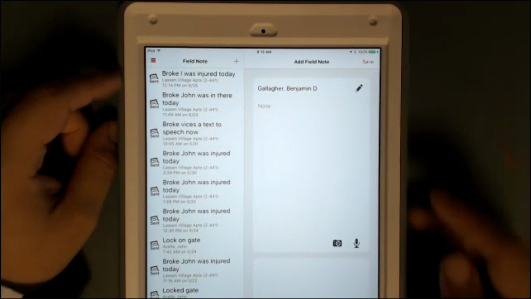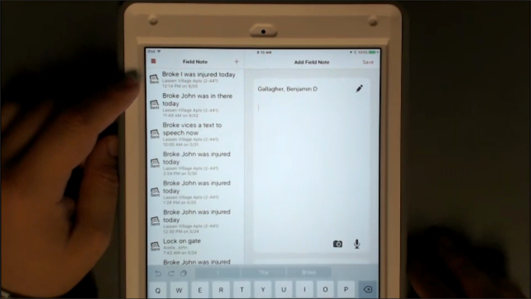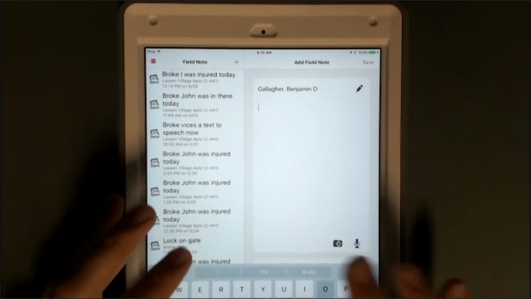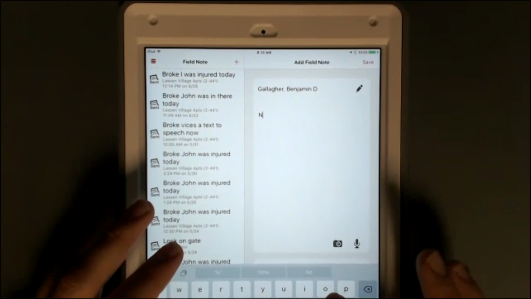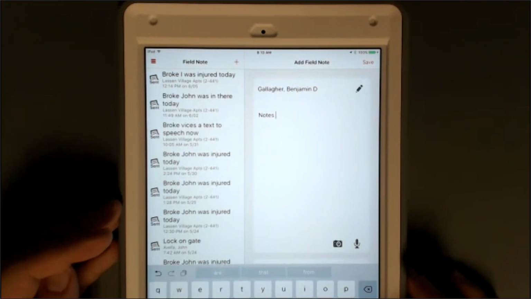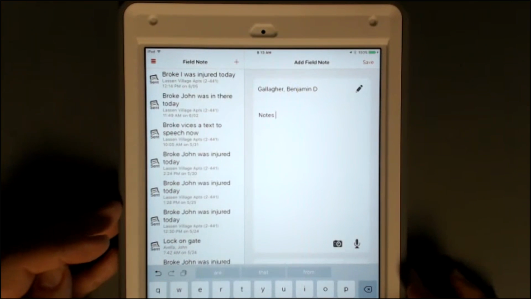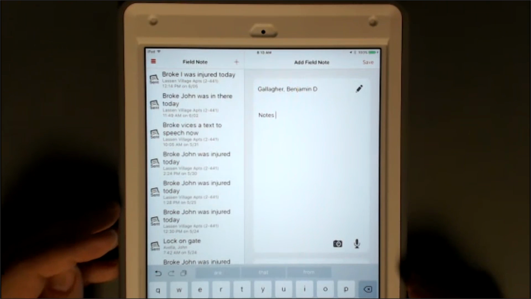And so Benjamin gets to a specific job site. He needs to make any sort of documentation, note, take a picture that needs to go back to the office. He can do that right here in the area that we call field notes. And there's a couple areas where an administrator is able to see this, in the back end. But for Benjamin, all he has to do is, he can put in a note if he's doing any sort of service work, any sort of replacement work. That can be all documented right here, and by taking or snapping a quick picture,